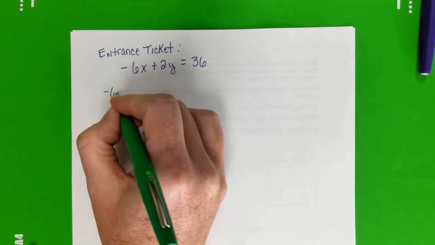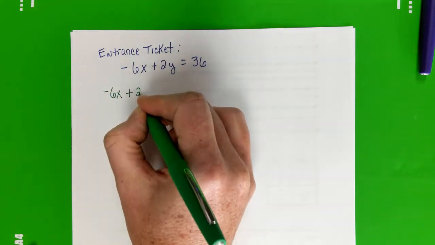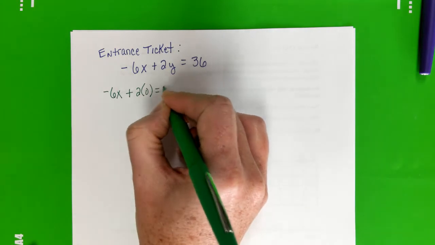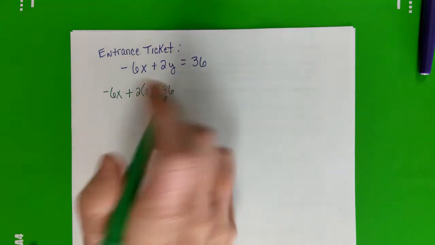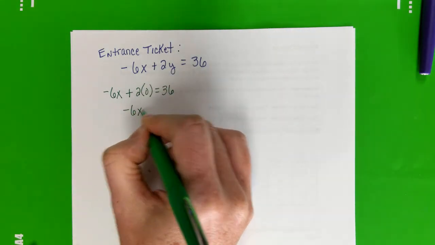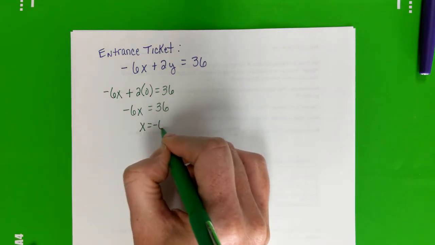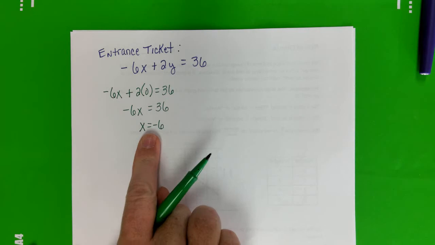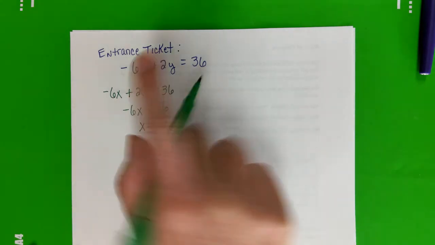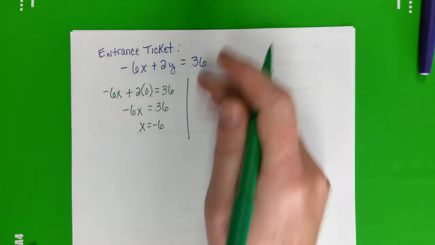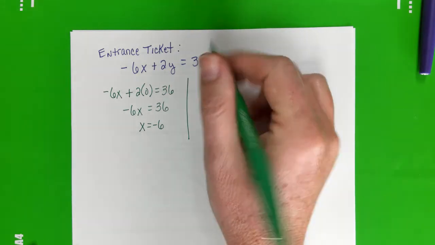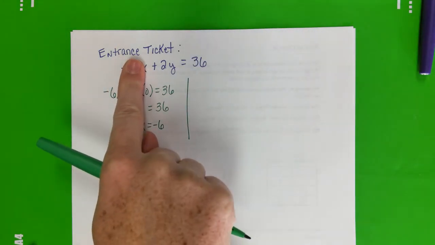So I'll show you the long way. We're plugging 0 in for y, which is just 0, right? And so then the x-intercept would be -6. Okay, the x-intercept, -6. And then the y-intercept, this time we're going to put 0 in for x, so